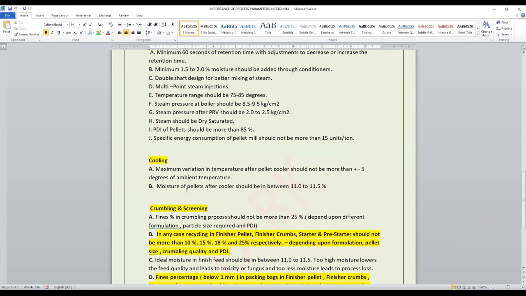अगर आप उसको 35 पर लेके आएंगे तो ये ओवरकूल हो जाएगा, आपका जो मॉइस्चर है वो 11.5 से कम होकर 10.5 या 11.25 पहुंच जाएगा। सो हमको 2-2.5% मॉइस्चर रेंज चाहिए कूलर में टू गेट ऑप्टिमम कूलिंग एंड टू रिड्यूस द मॉइस्चर श्रिंकेज। अगर आप 1% की कैलकुलेशन एक सीजन में लगा लें तो ये लाखों करोड़ों की वैल्यू बन जाएगी श्रिंकेज के ऊपर। फॉर एग्जांपल आप 50 किलो का आपका बैग है जिसमें आप 11.5% मॉइस्चर के पैसे ले रहे हैं, 50 केजी इंटू 11.5%, यानी कि उसमें 50 किलो में आपका